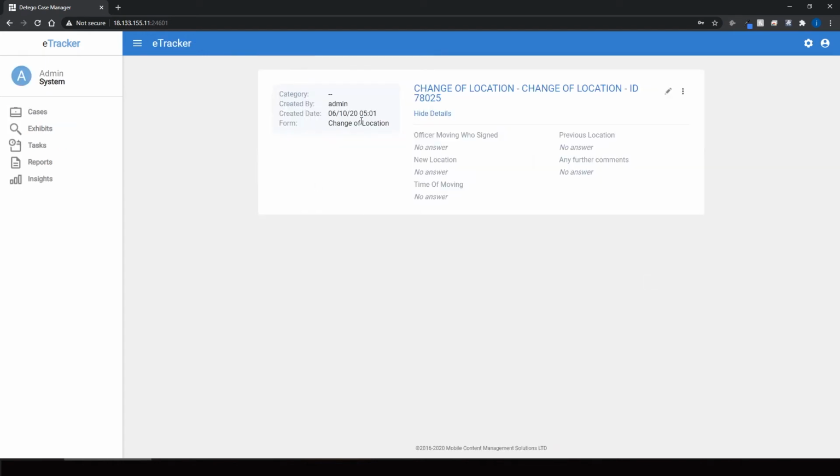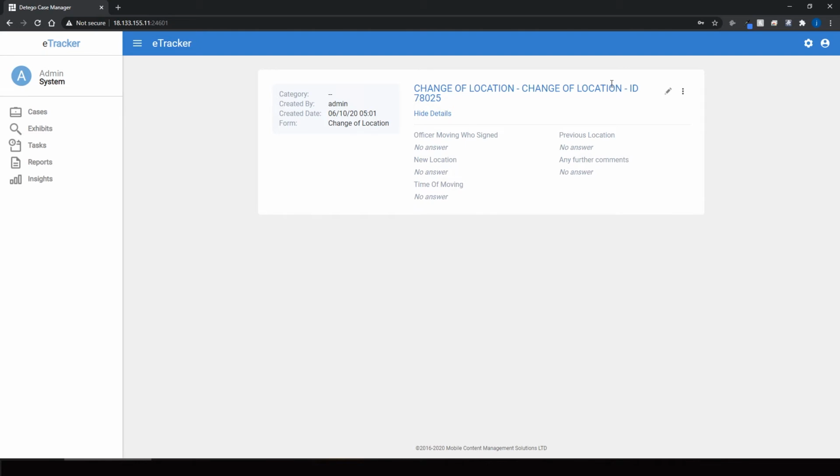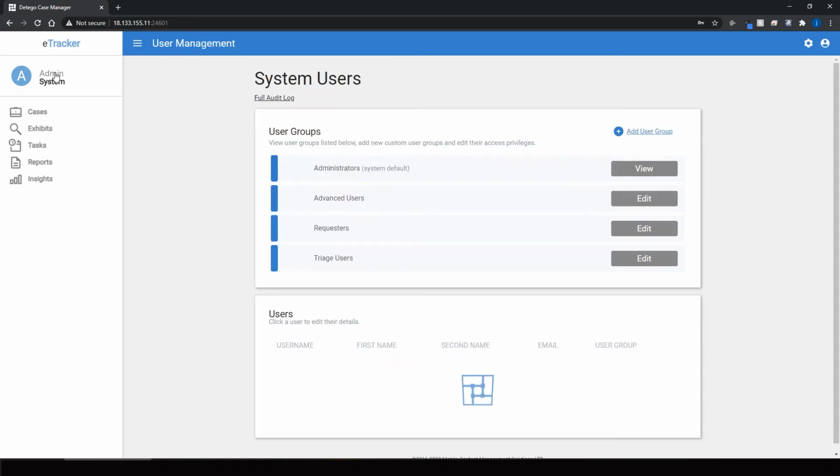So you can view the form I have already added in, and this is just some quick questions that we've added in, which cover off who is the officer moving the exhibit, what's the new location, the time of moving that, the previous location, and any further comments. You have the option of making those requirements, and this particular set is not, so I can save that without filling anything out, but the customer is able to completely lock that down. Okay, so I'm just going to go back,